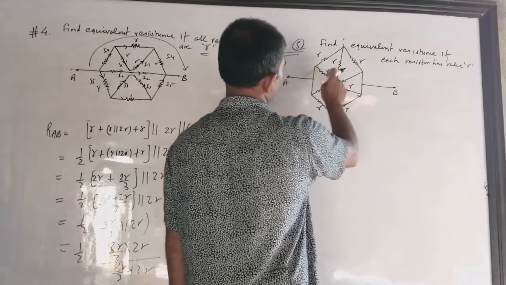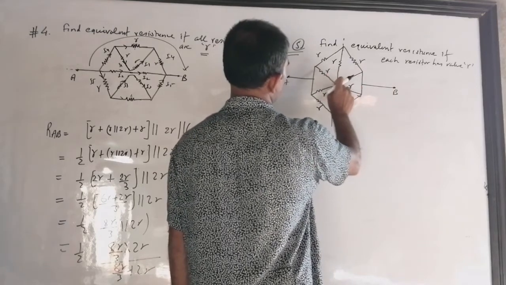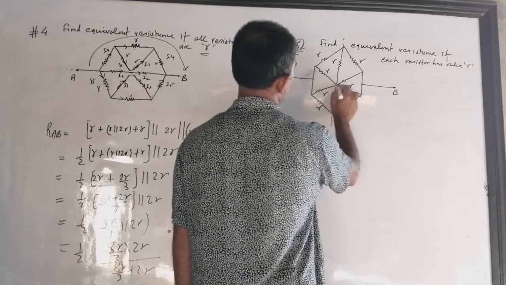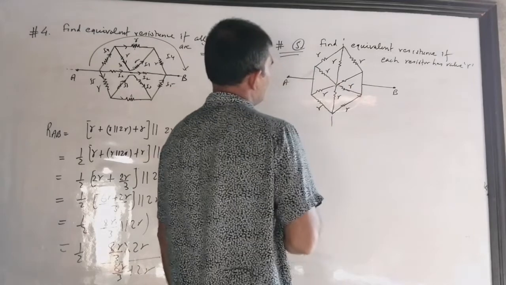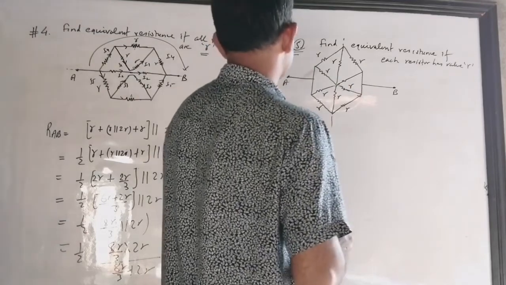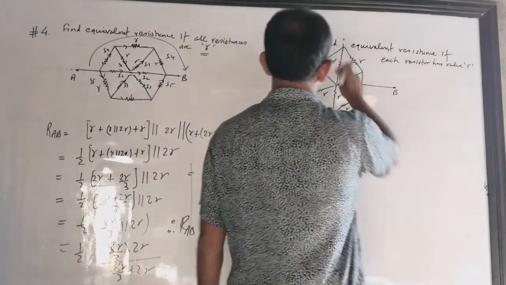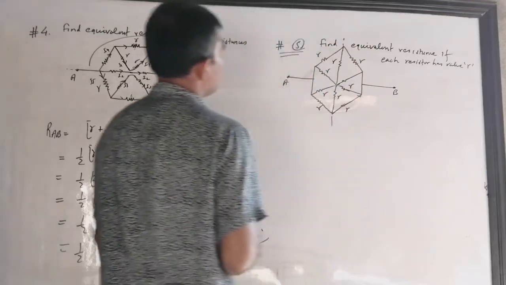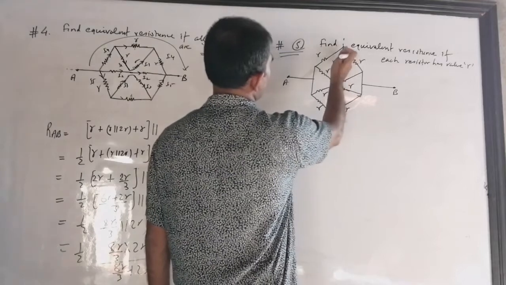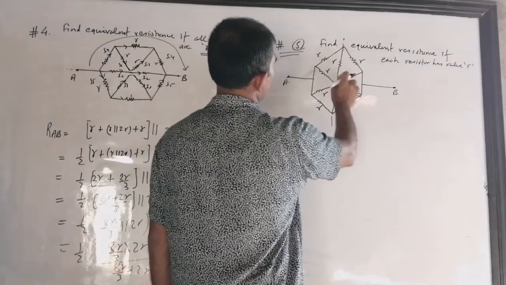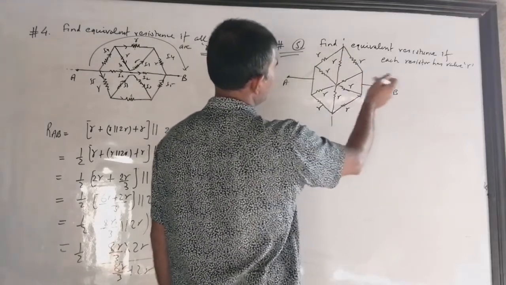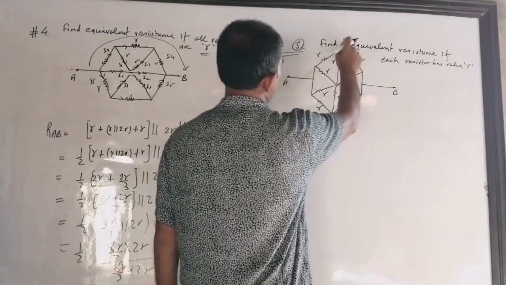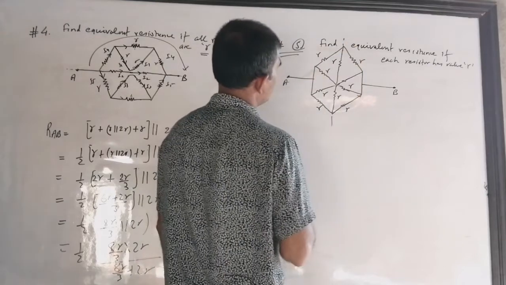From the mirror technique, this current and this current are the same, so there is no connection, it becomes like this. Here also this current is the same, there is no connection, like this. Okay, and now what will you find? This R and R are the same, and here also everything is the same. But here is one problem again. See this? These two are identical, so there is no need of this also. You can even use the Wheatstone bridge principle, balanced with R the same, so there is no need of the middle resistance.